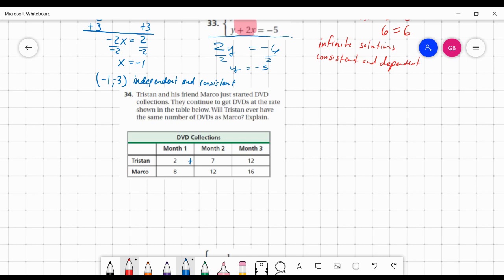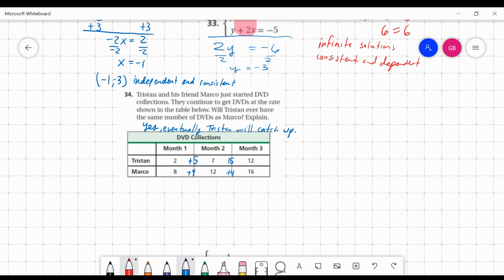Tristan is adding by 5 each time. Marco is adding by 4 each time. So would Tristan ever have the same number of DVDs as Marco? And the answer would be yes. Eventually, Tristan will